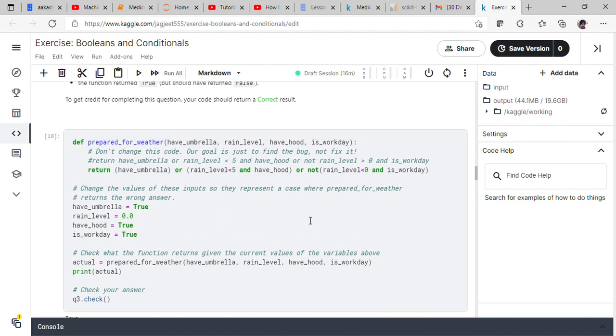Okay, it's operating in the wrong order. Have umbrella or